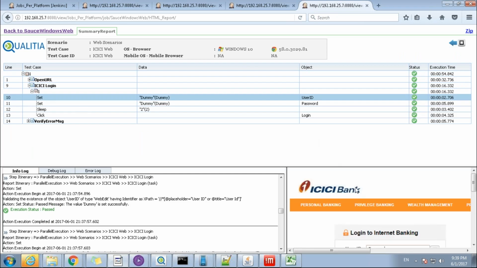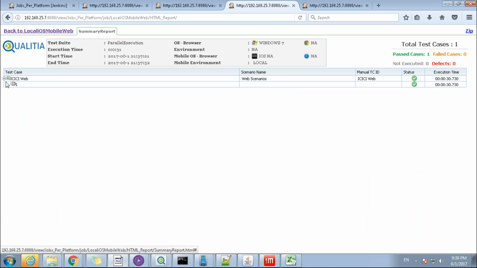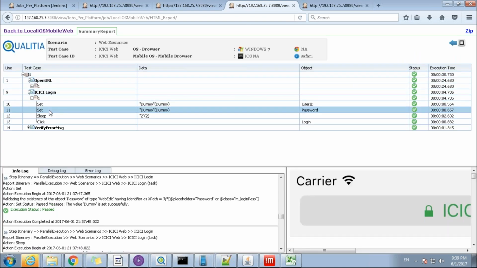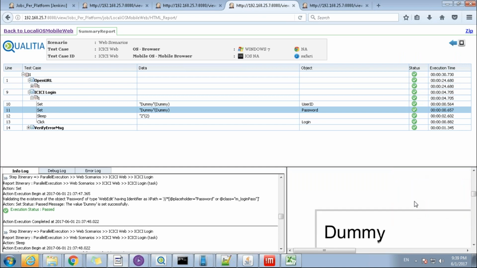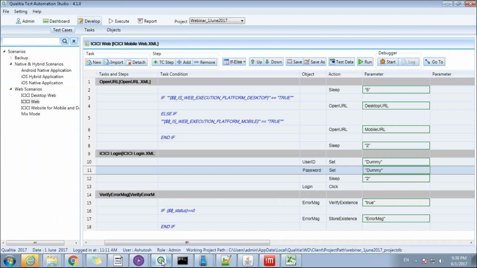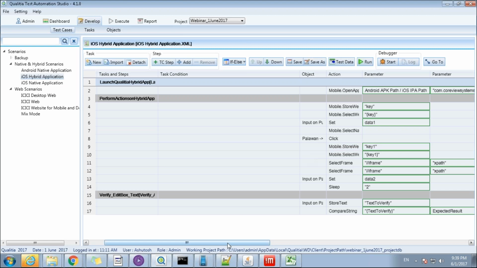So this is the way you can leverage Qualicia's power of execution across multiple environments at the same time, or you can even do that at the orchestration that you choose. So with that, maybe we can go over to one hybrid application that we are going to demonstrate how you can test using Qualicia.